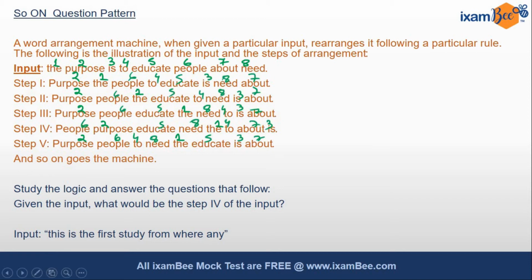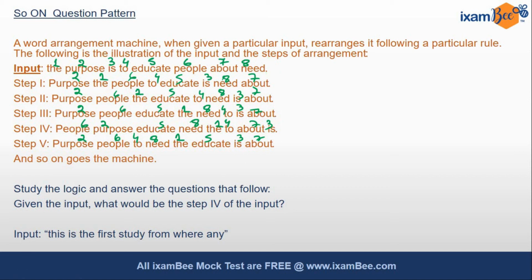Now friends, as you see, I have marked all the words order in all these steps. You have to do the same in your exam. It might take time, but one thing you have to understand, one question of input output may solve your 5 problems. So 5 marks would be in your pocket if you solve this one question. So after we have marked all the words, we have to arrange all these numbers in a separate sheet. So you don't need now the words, just the numbers in all these steps you need, and try to follow what pattern they are following.